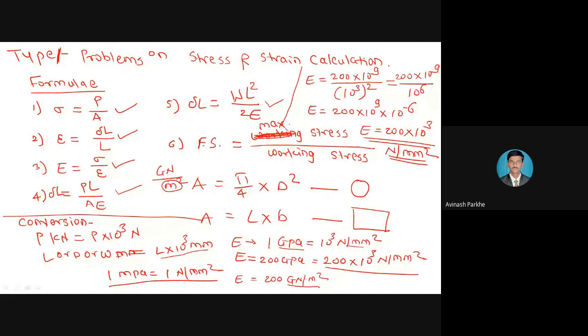These conversions are not applicable for this chapter or this type only. This conversion part is applicable for all the 8 chapters, because in all the 8 chapters such values are given in different units: kilonewton, some meter, some centimeter, some gigapascal, giganewton, megapascal, meganewton. But it is our responsibility, before the solution of any type of numerical, to go for conversion of the given parameters, and then only use those converted parameters for our further solution of the problem.